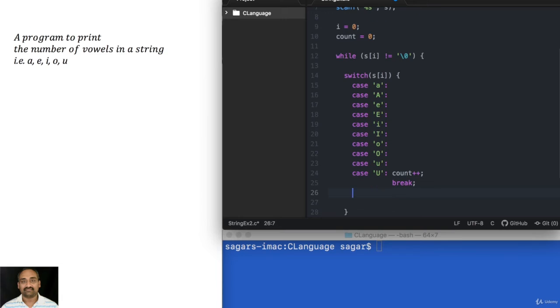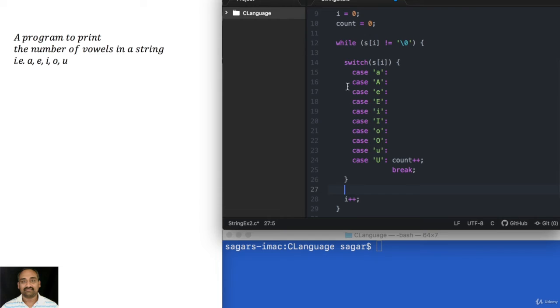Break is also not required because that is the end of the switch. So here we are using the special property of the switch where it will continue with the case till it encounters break. For all these cases, this is the common logic to do.